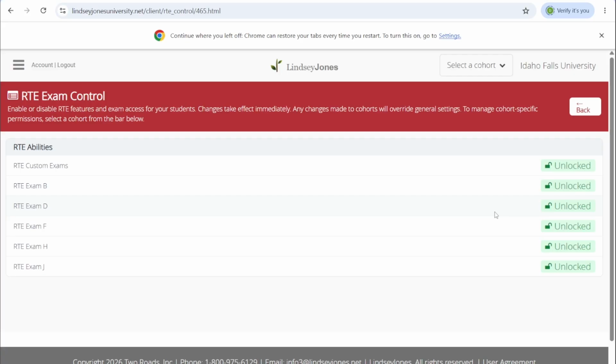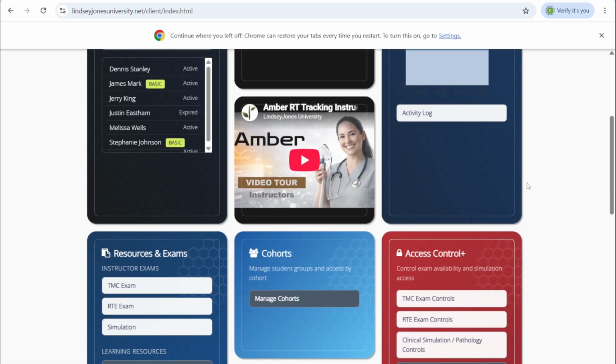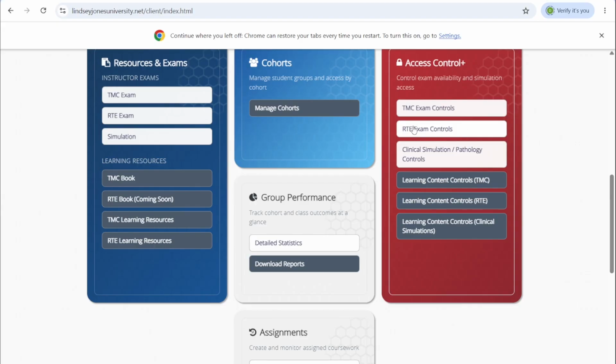All right, now I'm going to go back by hitting this leaf, go back to the main menu here, the dashboard. We just showed you the RTE exam controls. Now I'm also going to show you the RTE learning content controls. These are basically all of the courses that are included in the RTE body. There's like 108 of them at the making of this video,